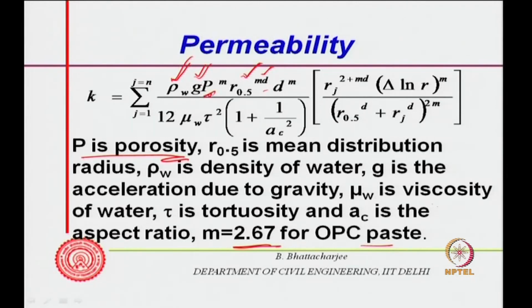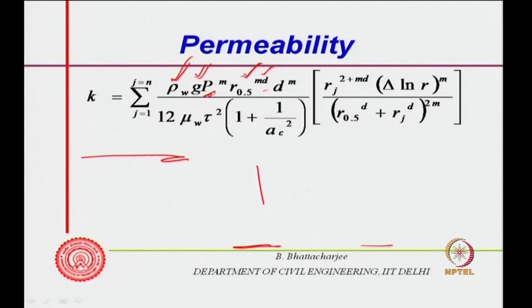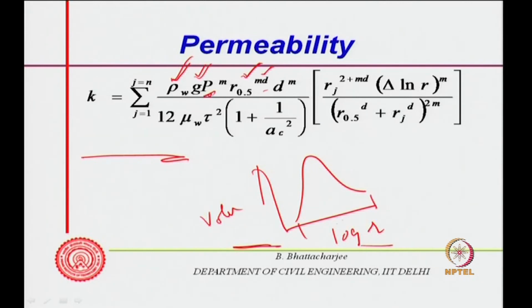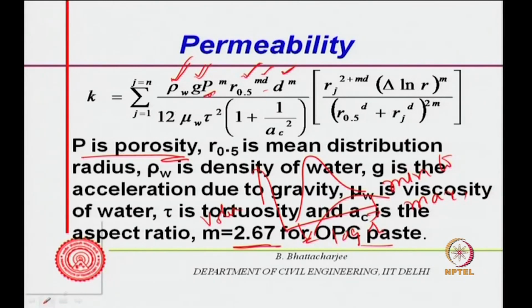That is, if I plot pore size distribution, volume of pores let us say, and if I plot log of pore size, then I will get this sort of a relationship. So, this dispersion of pores, the minimum size to the maximum size of pore. So, that D is related to that. D is related to pore dispersion, right. So, this is mean distribution radius, rho is density of water, this is dispersion,